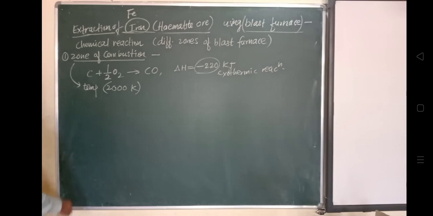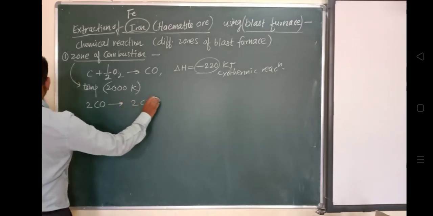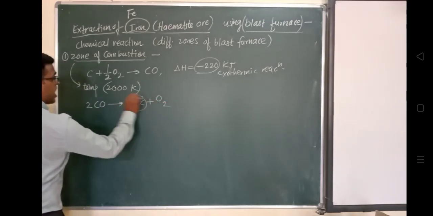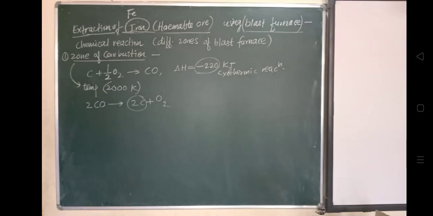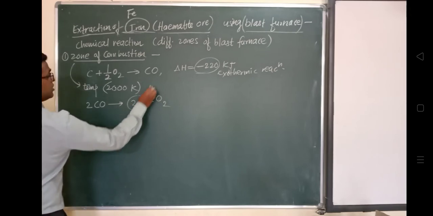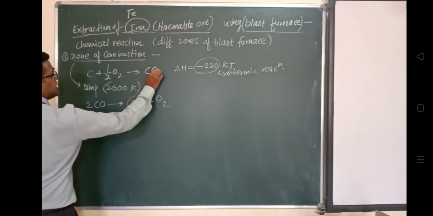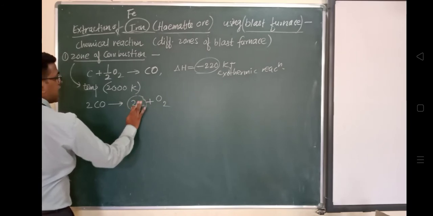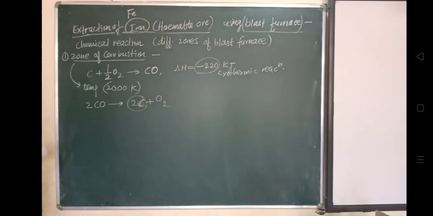So here the temperature is around 900 Kelvin and Fe2O3 is reduced. You can see Fe2O3 is reduced to spongy iron, reduced by carbon monoxide. What will happen to it in spongy iron? Conversion will happen. So Fe2O3 is in the ore form, which is present in the ore, and will be reduced by carbon monoxide, after carbon monoxide is formed by combustion.